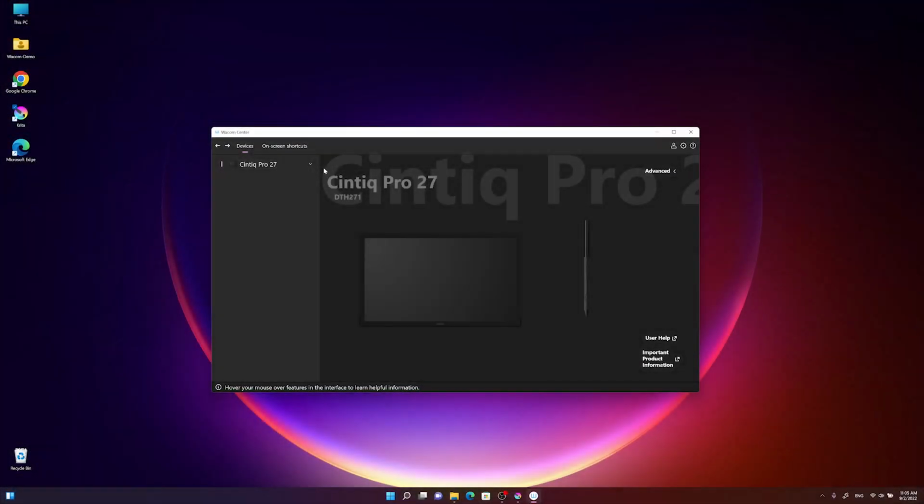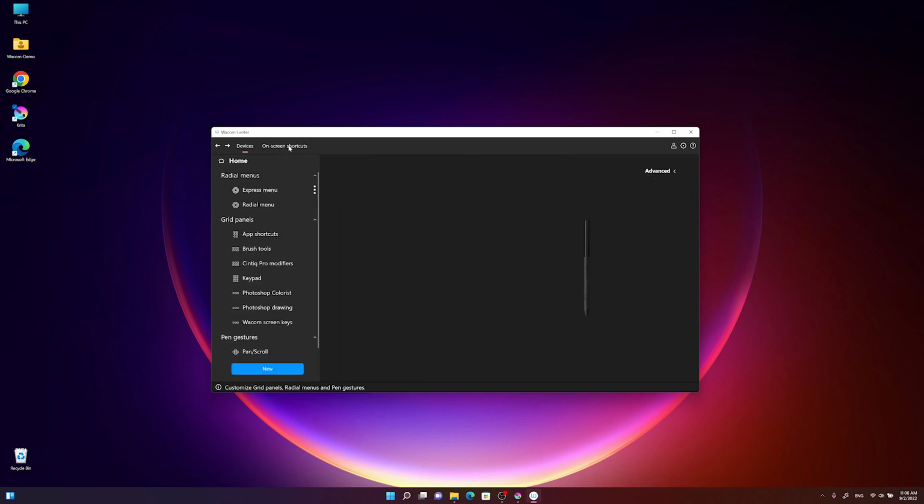Another feature I would like to explain a bit more in detail in the Wacom Center are the on-screen shortcuts. The on-screen shortcuts are basically soft keys you can display on your Cintiq Pro screen, and you can operate them either by pen or by multi-touch. And you will find them on top in the Wacom Center next to the devices,